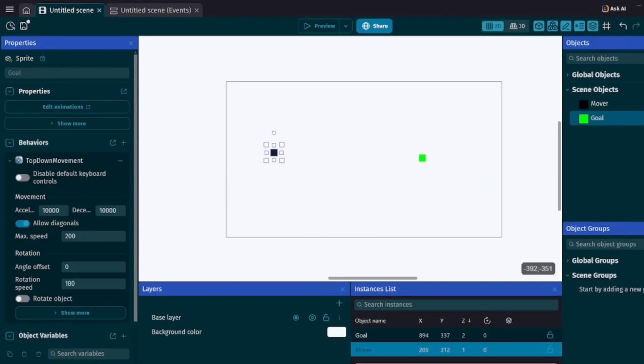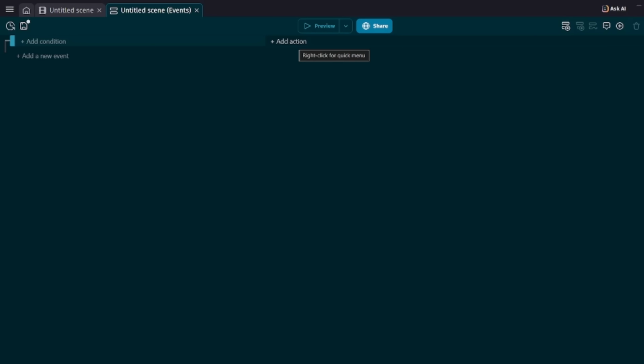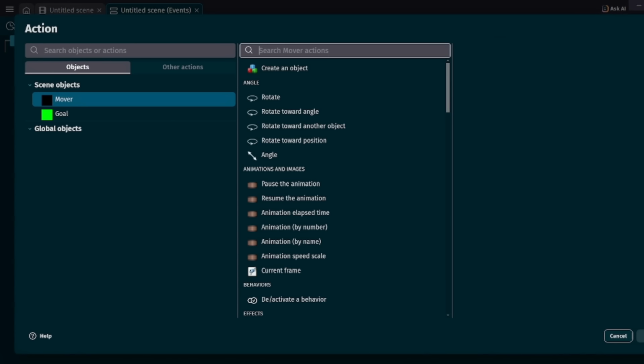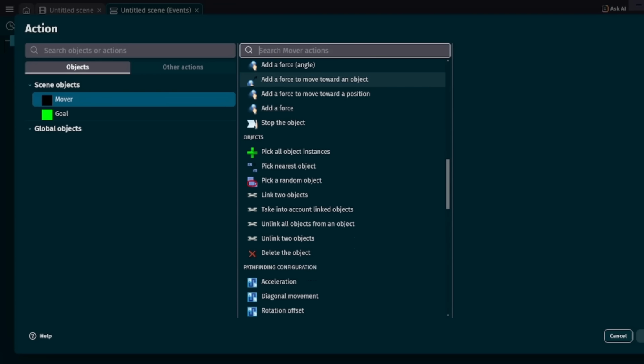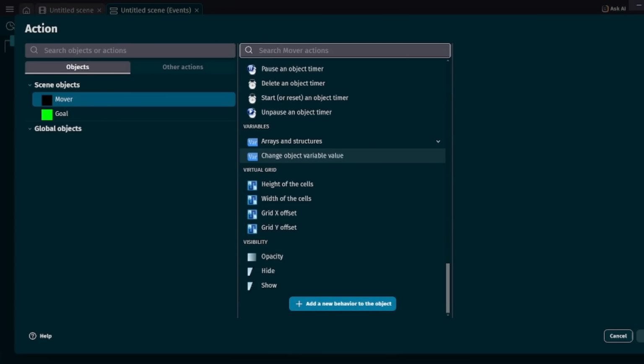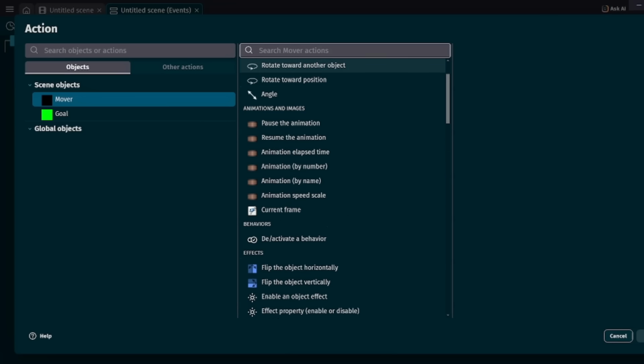So we're going to go ahead and exit out. We're going to go into our events and add a new event. Now, we always want this to move towards the goal, so we don't need a condition, but let's go ahead and add an action. Now, in order to make the mover move towards the goal, just click into the mover, and then when we go into our pathfinding, we can just scroll down until we have move towards a certain